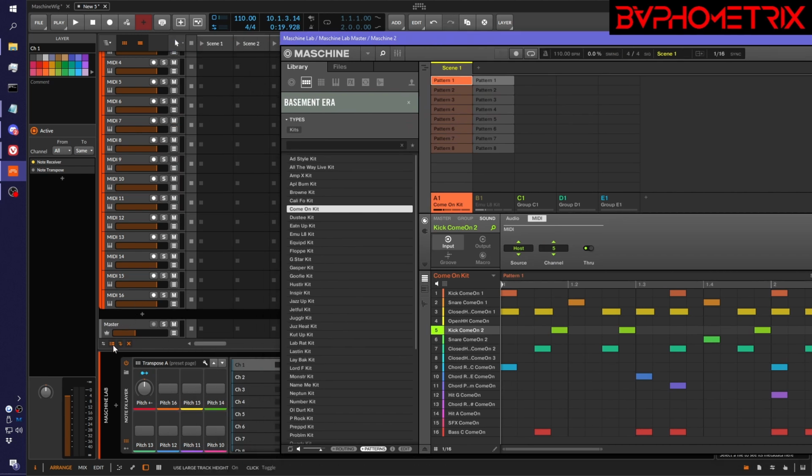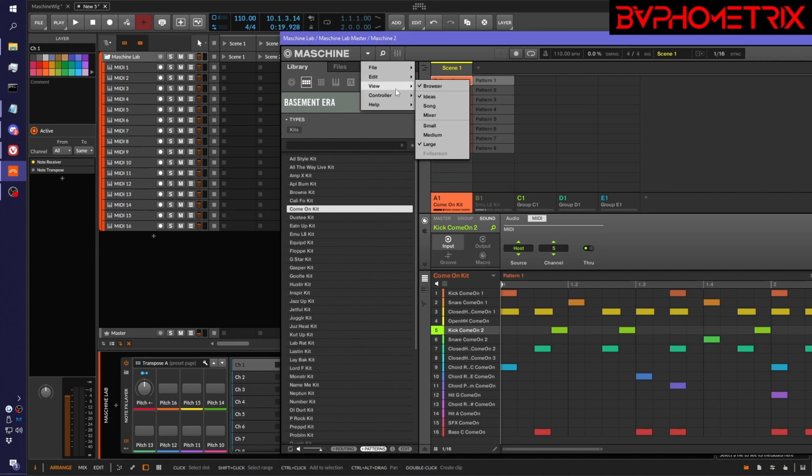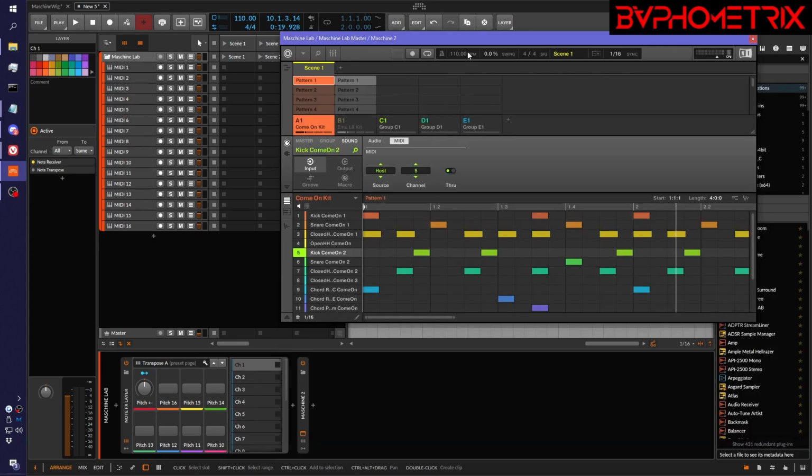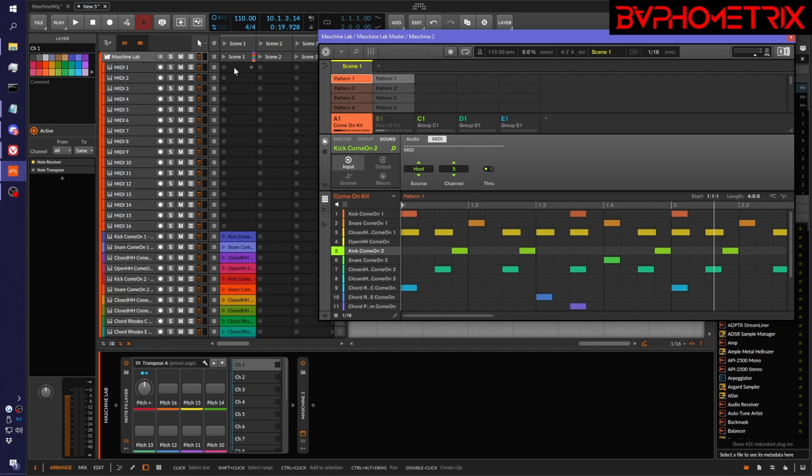So I'm going to collapse all the tracks just to make it easy to see all of them in one go. And we're going to make this a little smaller so we can see more of Bitwig, right? So we've got pattern 1 selected in kit number 1, and we're just going to come over here to this little button right here, which is the MIDI drag. We're going to click on it, bring it over here, and just drop it on slot number 1 for MIDI track 1, and then let go. And what happens is